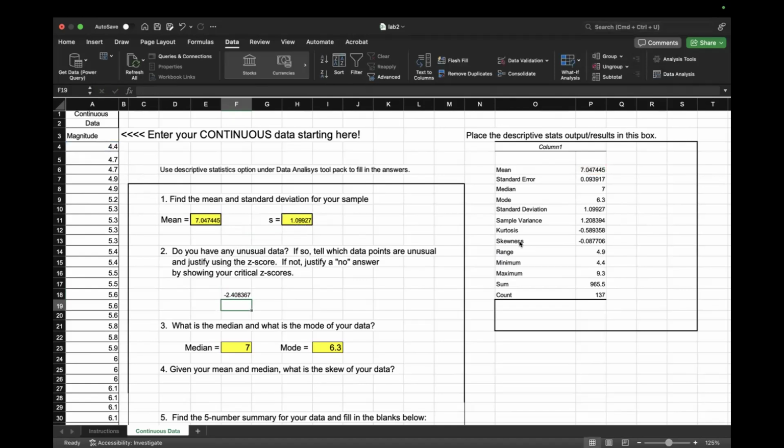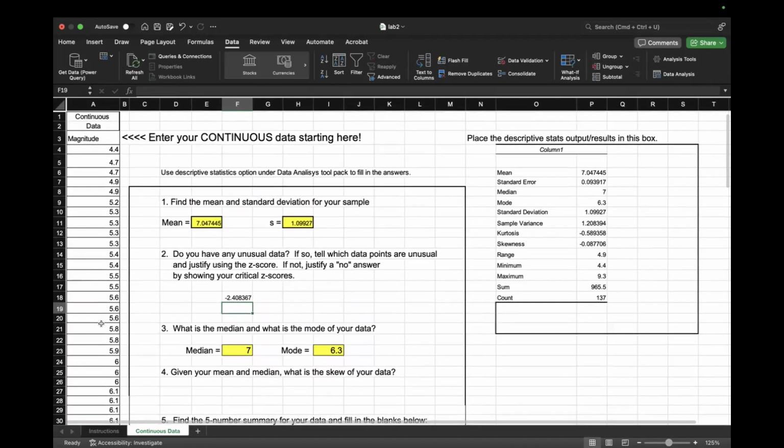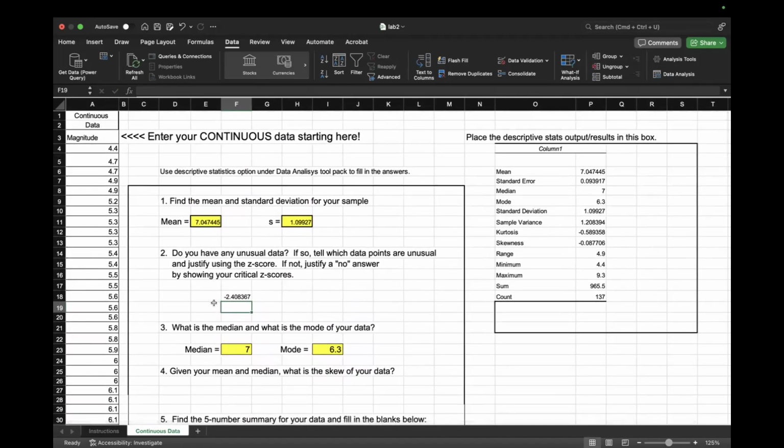I hit enter, and this tells me that this value right here has a z-score of -2.4. And I can do the same thing with my highest value. Then I can say, hey, that is an outlier because it has a z-score of -2.4. So you either find the z-scores of your highest and lowest values or find your boundaries where your